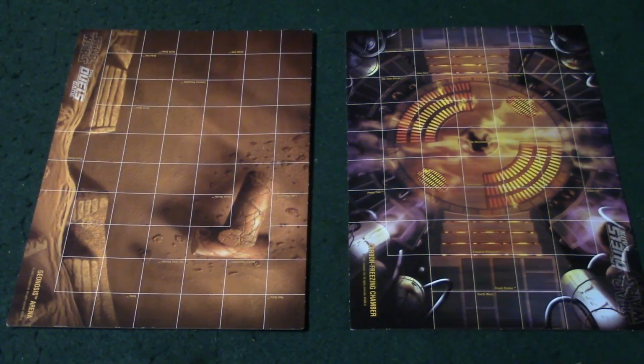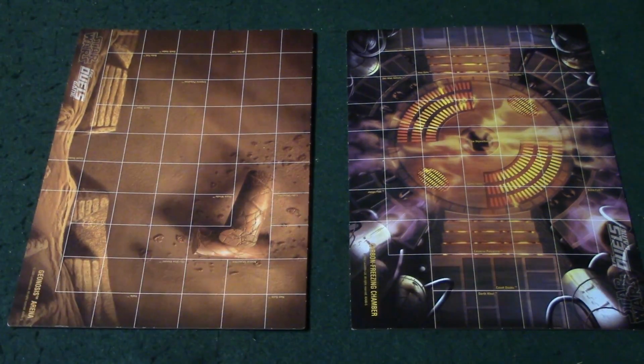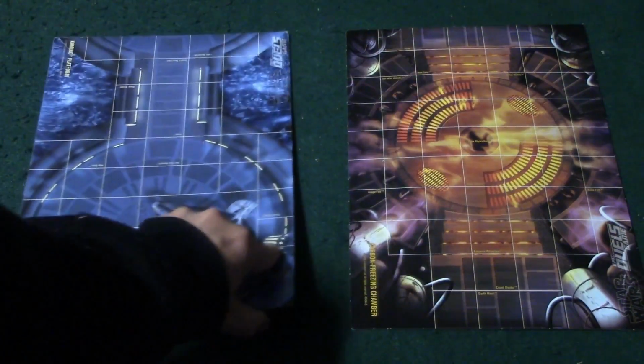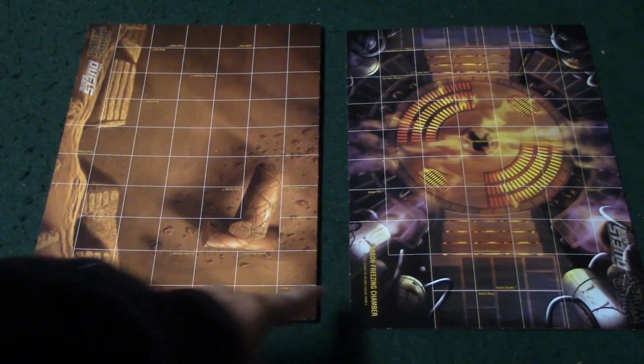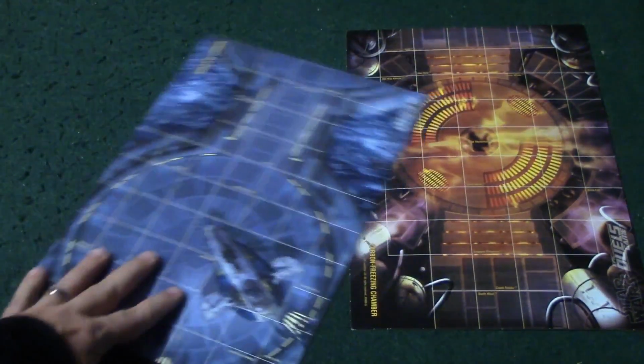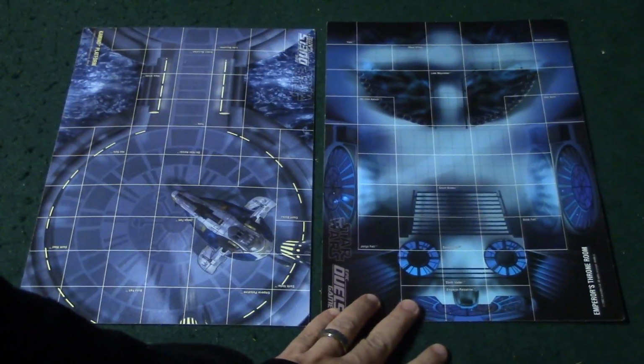Okay, everybody, I'm going to go ahead and show you this game in parts because there's quite a few parts to this game. We'll start with the battle boards over here. Now, there's 2 of these, but if you flip them over, there's going to be another 2. And what you have here is the Geonosis Arena, the Carbon Freezing Chamber. On the other side, you have the Camino platform, and then on this side, you will have the Emperor's Throne